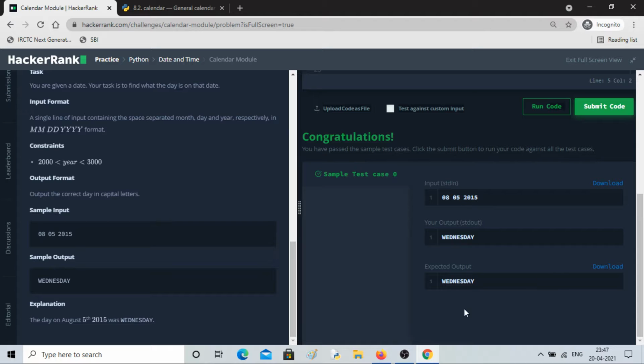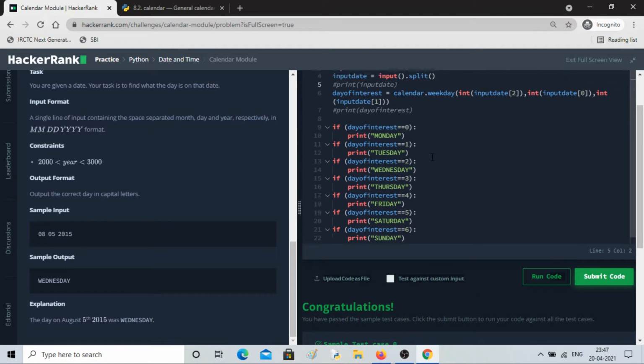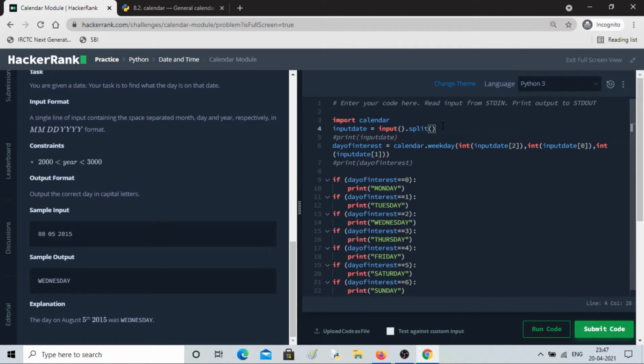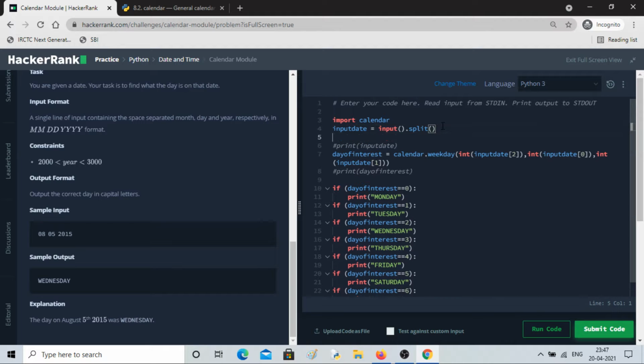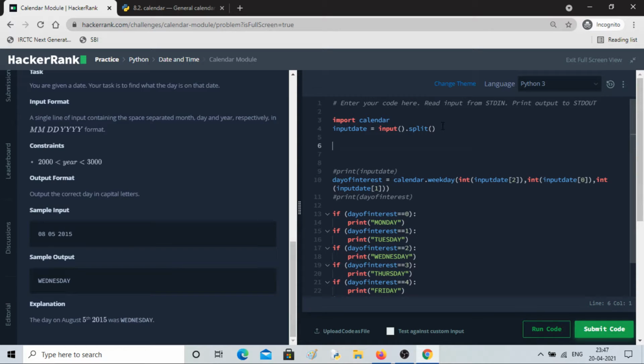So we can see we have done it. Let me write the constraint as well. So how we should write? Okay, so if input date, that's integer type, right?